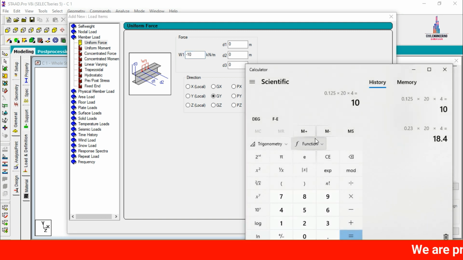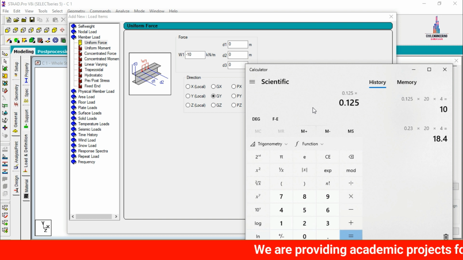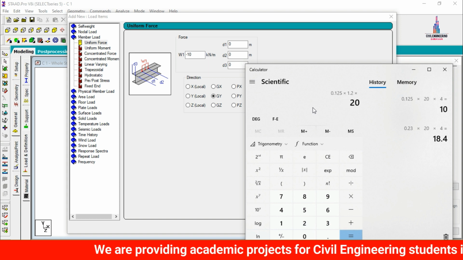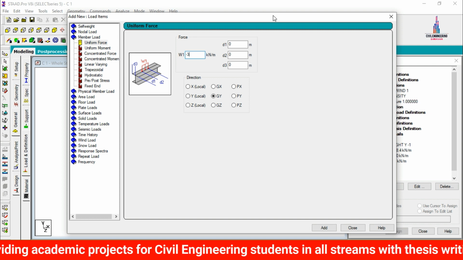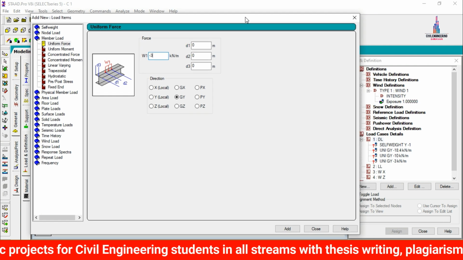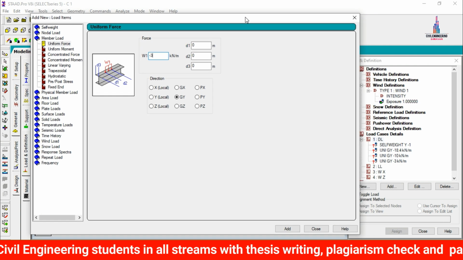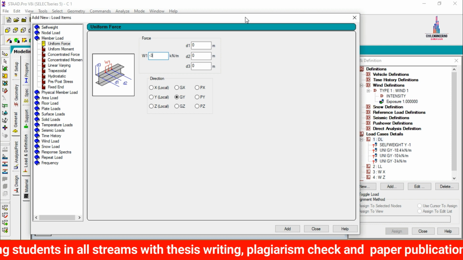After that we have to add the parapet wall load intensity. 0.125 is the thickness multiplied by, let us consider here, 1.2 meter height multiplied by 20, which gives the intensity of minus 3 value. Let us consider here as minus 3. After adding this property we need to add the floor loading condition which is related to the marble or tiles condition system.